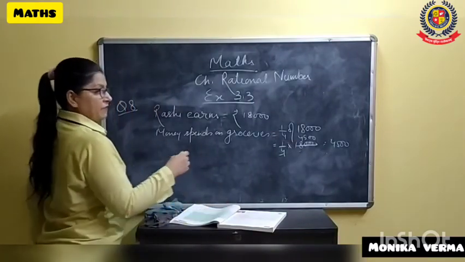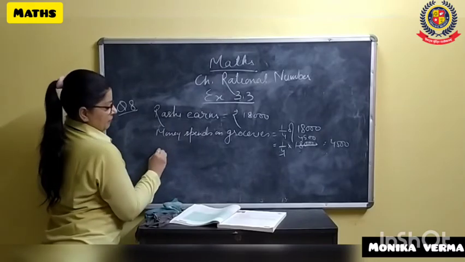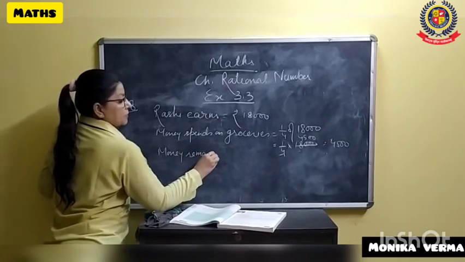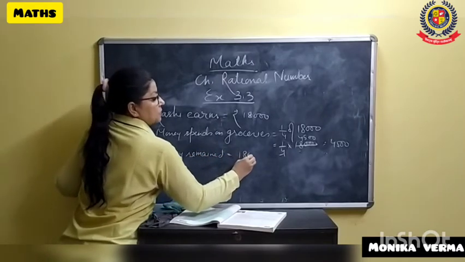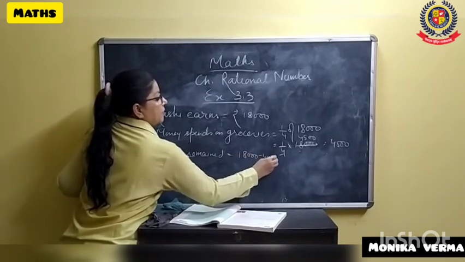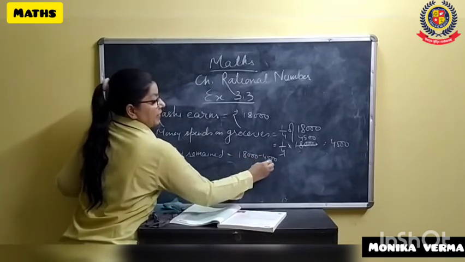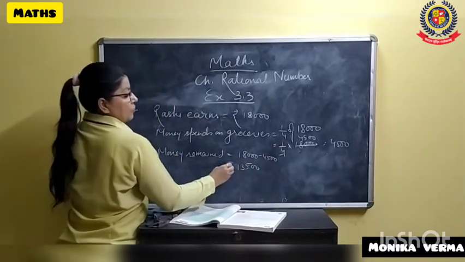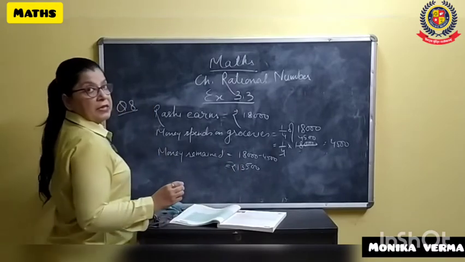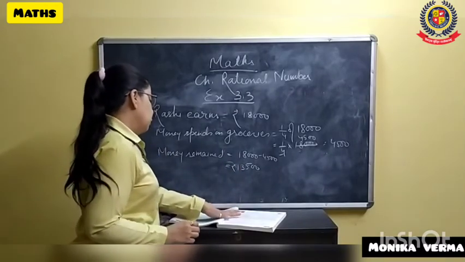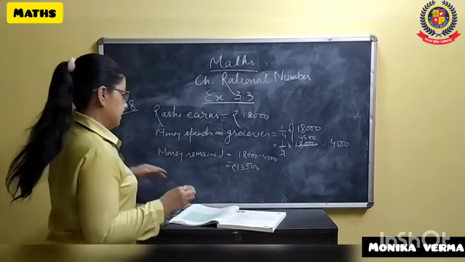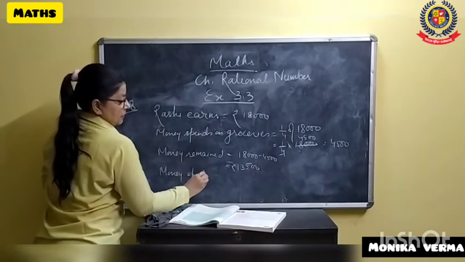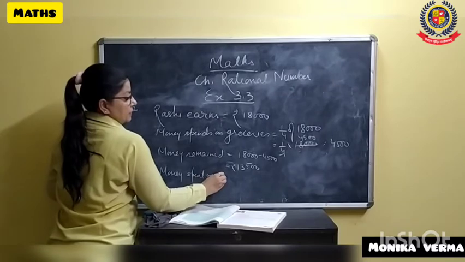2 by 25 of the remainder. So first we'll find the money remained. Money remained is equal to 18,000 minus 4,500. 0 minus 0, 0, 10 minus 5, 5, 7 minus 4, 3, 13,500. Now she is having rupees 13,500. Then he said 2 by 25 of the remainder on medicine. So money spent on medicine